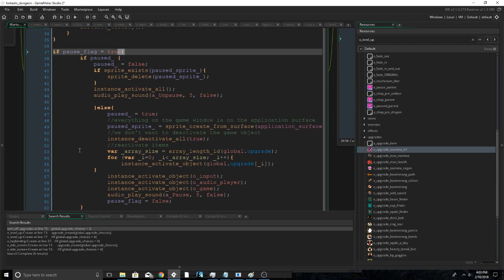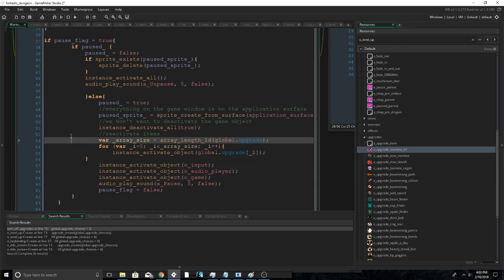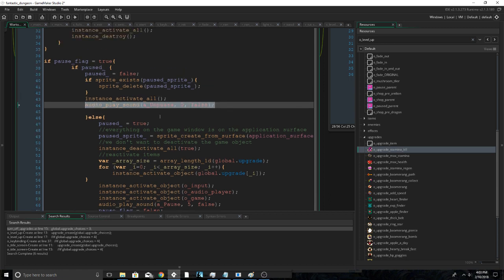Alright, now we're actually going to be deactivating everything except the bare essentials. So, if pause sprite equals true, which should be set, if paused, we're going to set paused equals false. And okay, we're going to pause everything. If the sprite exists, pause sprite, sprite delete, pause sprite. Then instance activate all. Audio play sound, a underscore on pause, 5, false, whatever the sound effect is for the